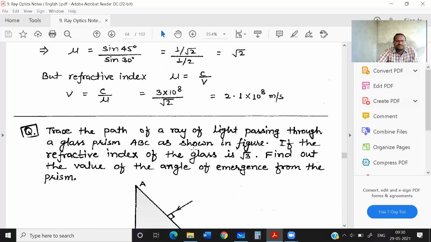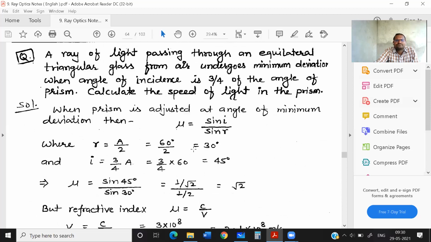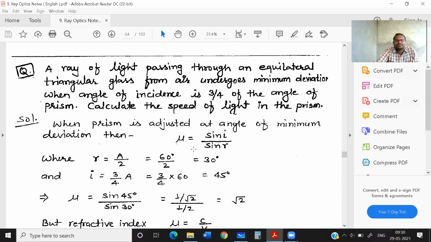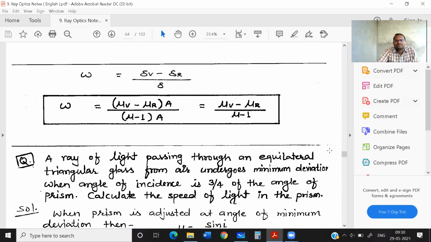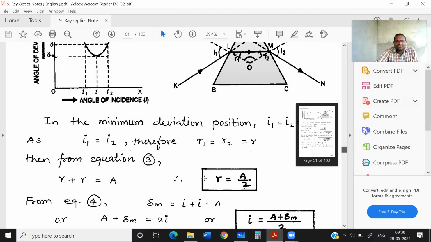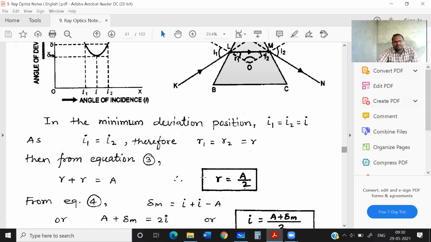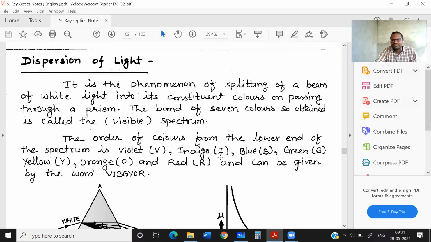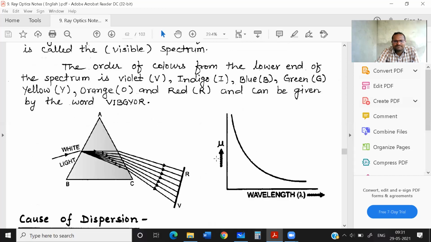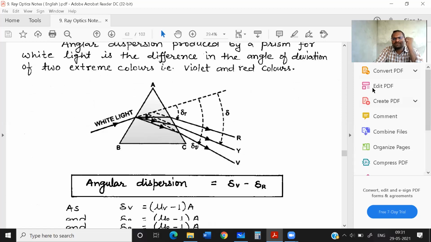This type of problem, Nana. Now, on this topic, they may ask you one problem on this deviation. Okay, na? I'm searching for that problem. Somewhere else it is here only. Okay. So with this, this chapter is finished.